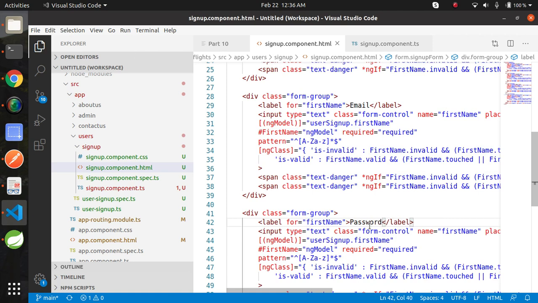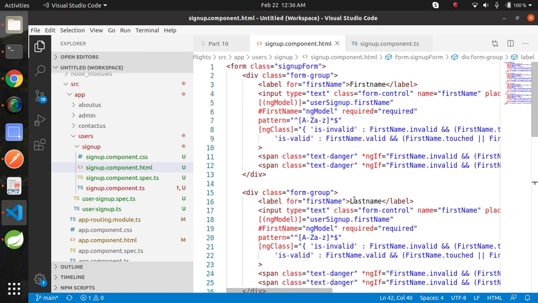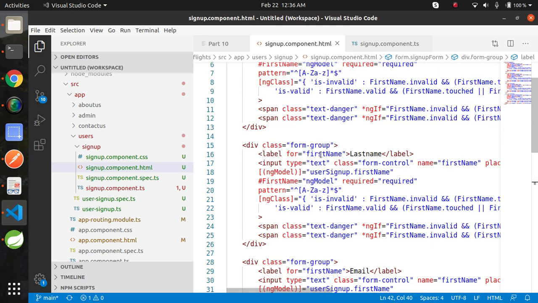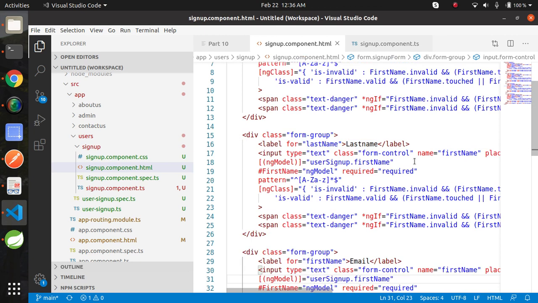We need to remove many things here. Starting with last name, copy this last name and we need to replace here.